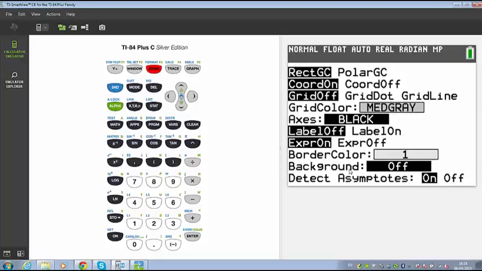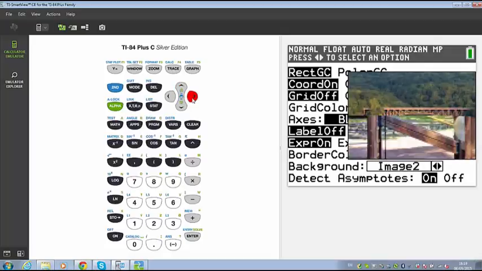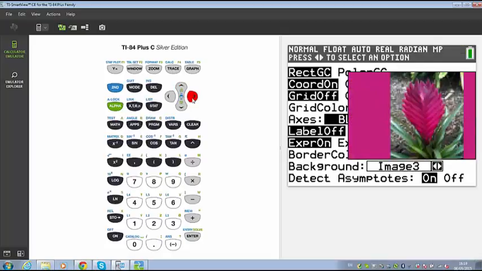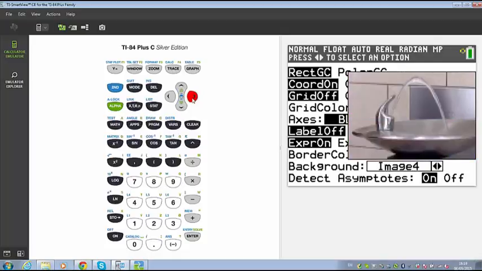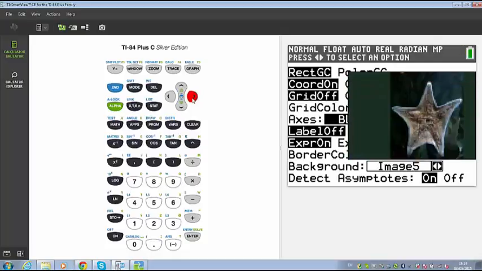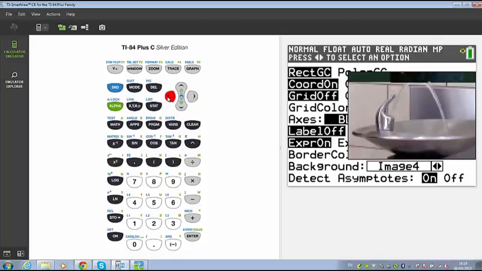And here you can see that there's Background. And it's the background that we're going to change. I scroll up rather than down as I can't be bothered. There are 5 images already pre-installed on the handheld and on the software. A nice bridge somewhere, stairs at a playground, a flower, a water fountain, and a starfish. So we're going to focus on the water bubbler,